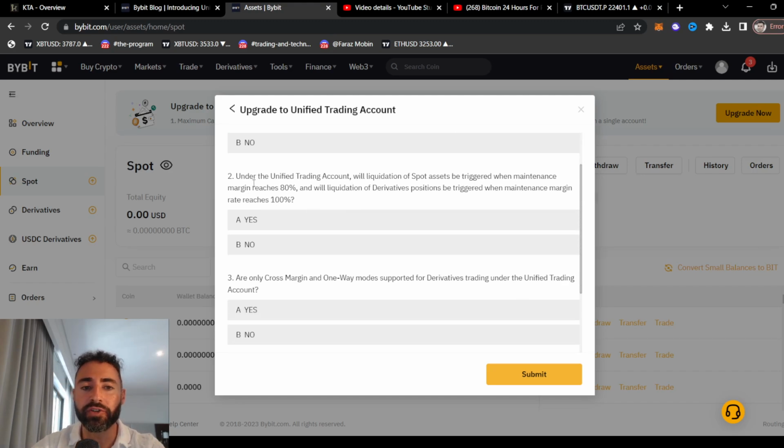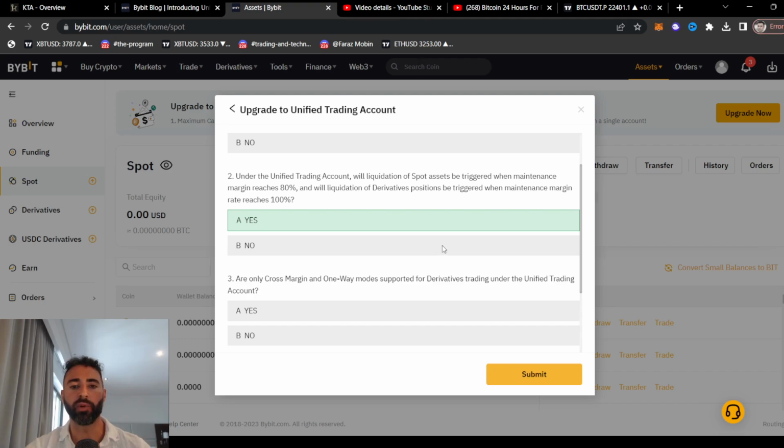Anyways, under the unified trading account, will liquidation of spot assets be triggered when maintenance margin reaches 80%? And will liquidation of derivative positions be triggered when maintenance margin reaches 100%? Yes, of course it will. When maintenance margin reaches 100%, that's the margin you need to maintain your open positions, it's going to start to auto liquidate you until you are back within acceptable levels. Okay, all right, and then of course for spot it's actually just 80%. So do be aware of that. You're going to get a little